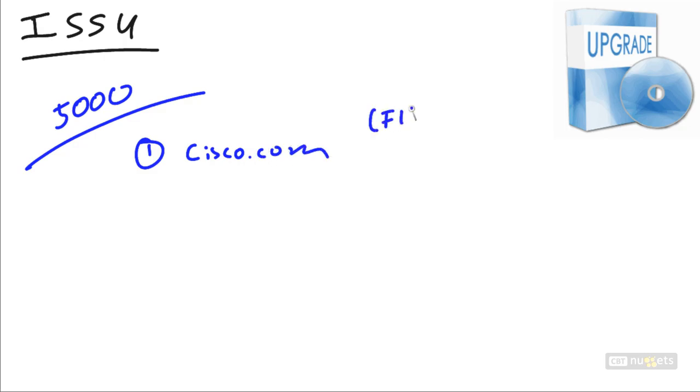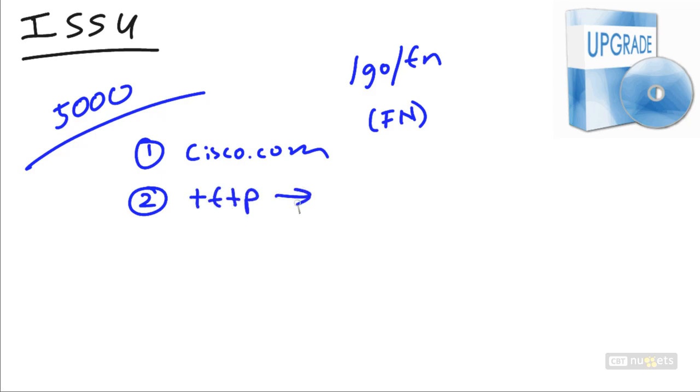Remember, they have added the Nexus software to things like the Feature Navigator. So if you want to find the particular operating system that would be right for you, just go to cisco.com/go/FN for Feature Navigator, and you can help find the right software for your particular environment. Once you've got it downloaded, you're going to use something like TFTP to go ahead and copy the kickstart and the system image to the boot flash that is located on